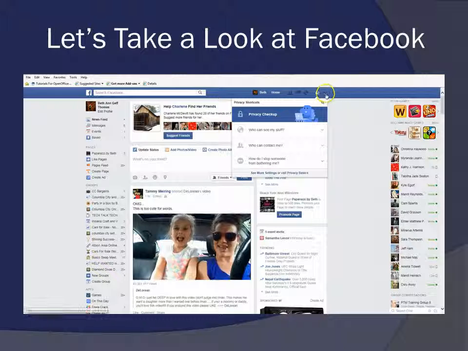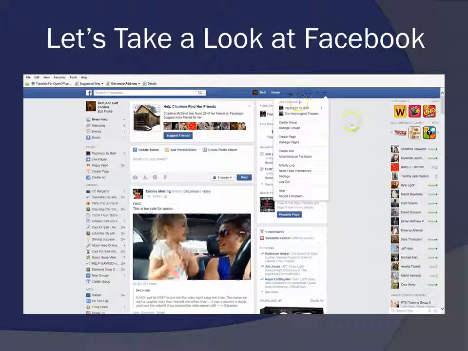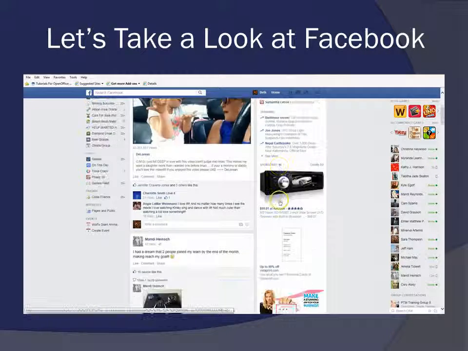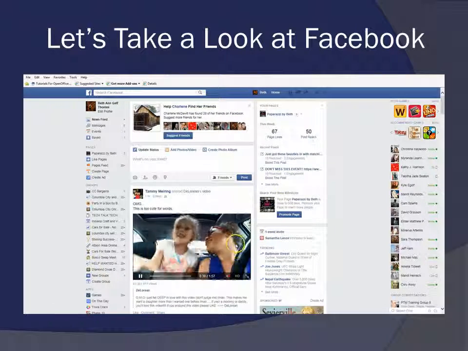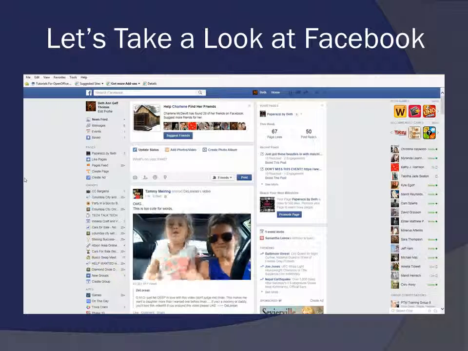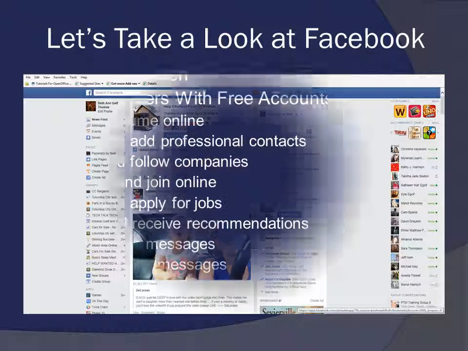up, how you can get in there and change some of your settings, how you can manage your page, things along those lines. Again, I would have no problem sitting down with you and helping you create your own Facebook page. So I really hope that you got a lot out of learning a little bit about Facebook, and it's really exciting and fun. So go ahead and give it a try.